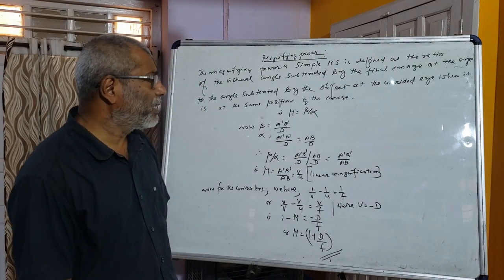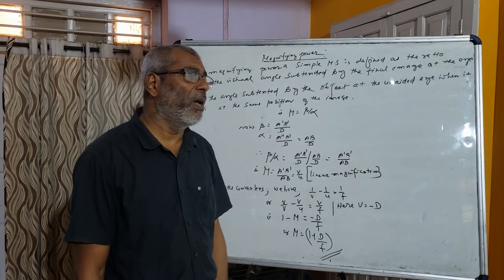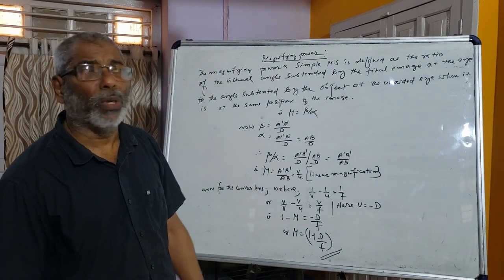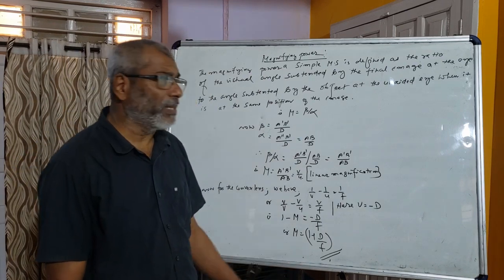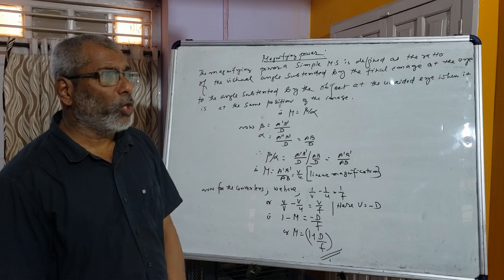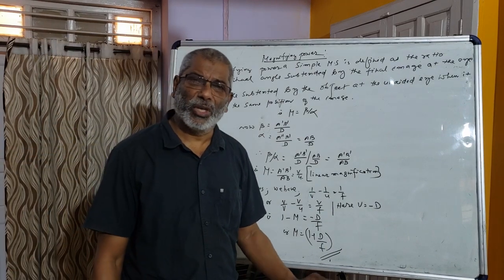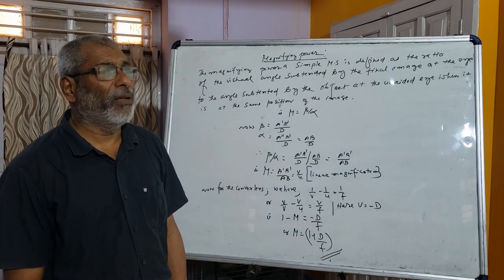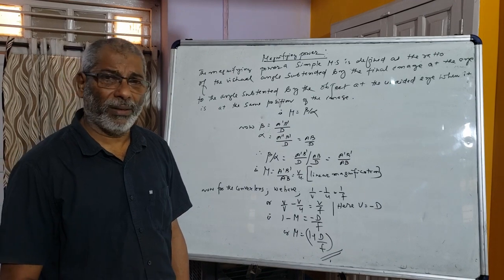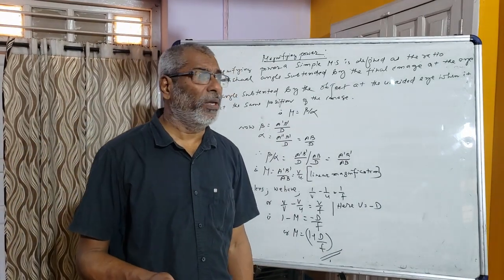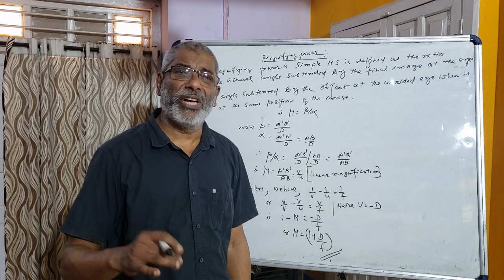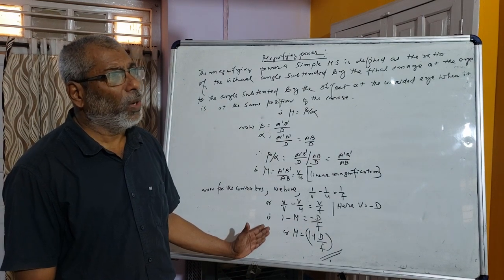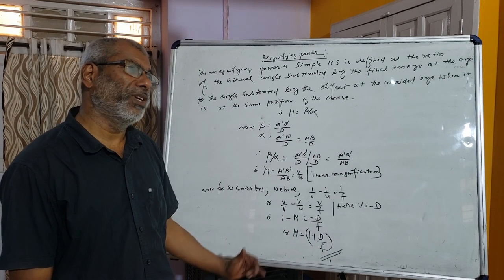So this is the magnifying power of a simple microscope. Now in this case we have discussed when the final image is formed at the least distance of distinct vision. In this case we can actually describe two conditions. The first condition is this. In this case the final image is seen to be formed at the least distance of distinct vision. The other case also we can explain. In that condition the final image is formed at infinity. That adjustment is called normal vision adjustment. And the already described condition is called the near vision condition.